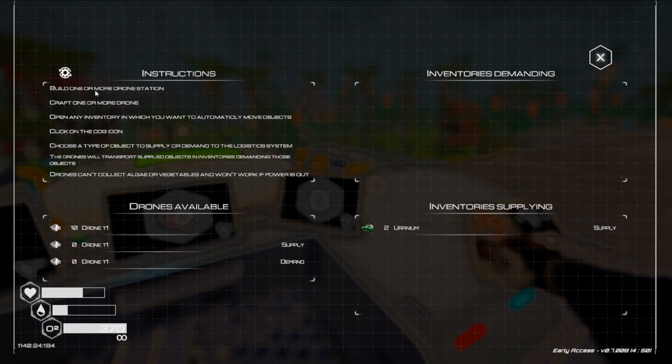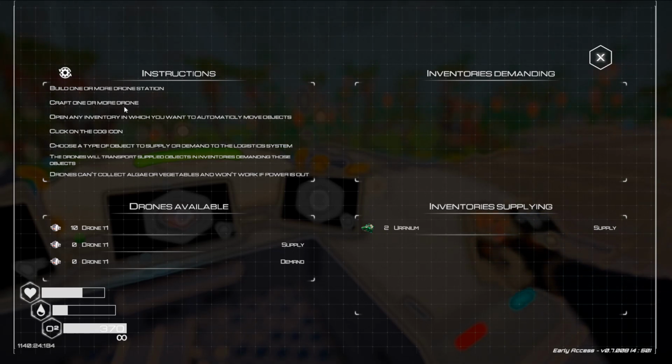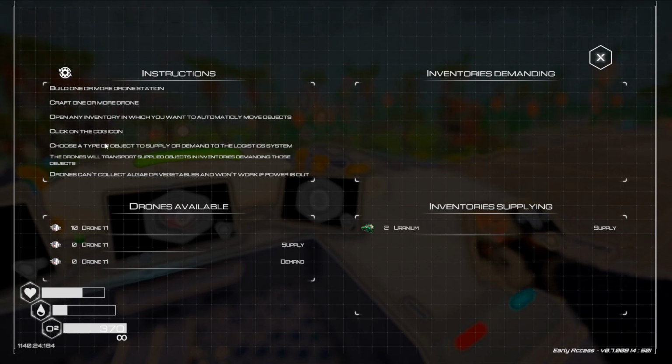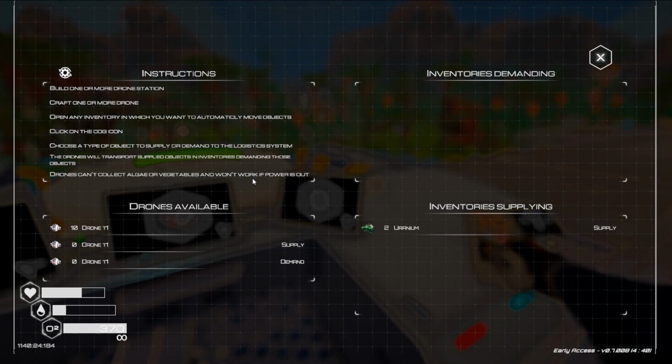Let's see, build one or more drone station, craft one or more drone, open up any inventory you want to automatically move objects, click the cog. Choose what type of object to supply or demand to the system. The drones will transport supply objects, inventories, demanding those objects. Drones can't collect algae or vegetables and won't work if power is...